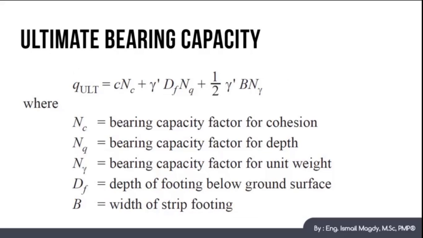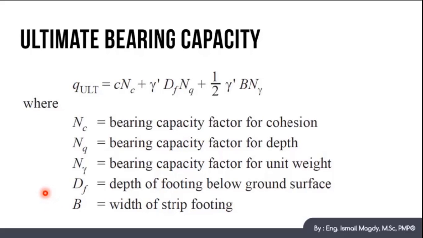Now we are going to learn about one of the most important equations in geotechnical engineering, which is the Terzaghi equation for bearing capacity. We use this equation to calculate the ultimate bearing capacity for any soil. The equation is q ultimate equals c Nc plus gamma effective Df Nq plus half gamma effective B N gamma, where Nc is the bearing capacity factor for cohesion, Nq is the bearing capacity factor for depth, N gamma is the bearing capacity factor for unit weight, Df is the depth of footing below ground surface, and B is the width